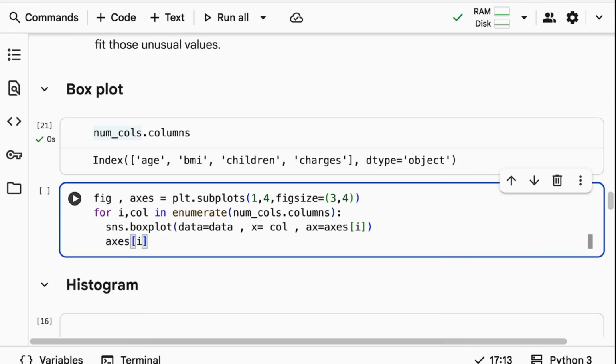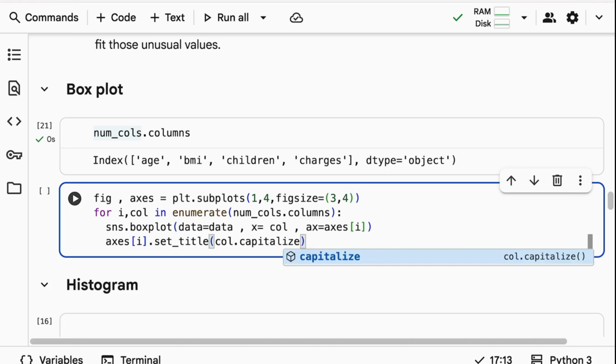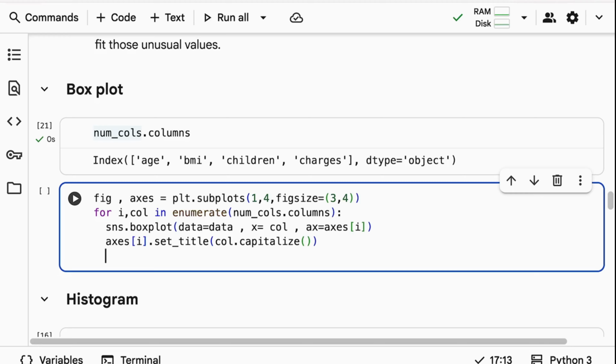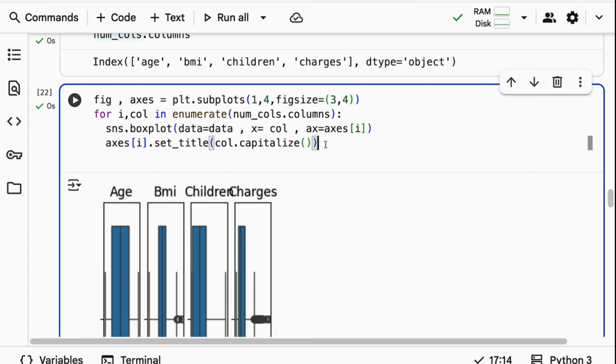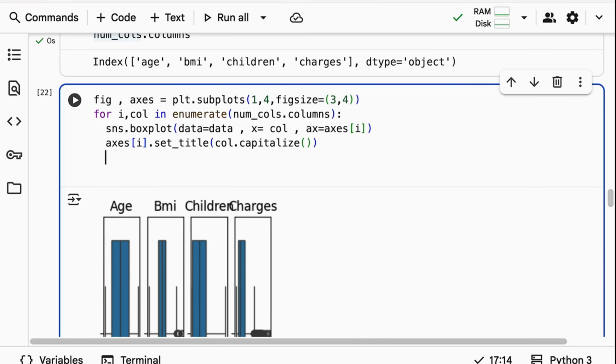Finally, I want to give a title, so I'm calling axis of i, where axis[i] represents an individual graph. I'm setting a title with set_title, giving the column name, and I want to capitalize the first letter, so I'm using capitalize. So it will plot a graph for you. It's overlapping, right? Because you have to give plt.tight_layout().